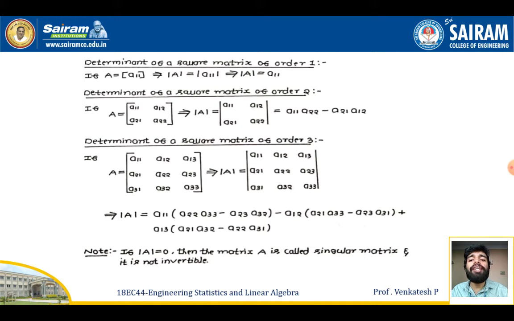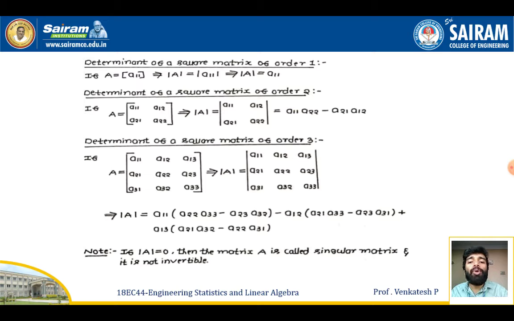Now we will see how to find the determinant of a 1 cross 1 matrix. The matrix order will be 1, I mean the number of rows and the number of columns will be equal to 1. That is, if the matrix A has only one entry, A11, then the determinant of A is given by A11. Next, I'm taking a square matrix of order 2, that is, the number of rows and the number of columns M is equal to N is equal to 2. The example is A is equal to the matrix A11, A12, A21, A22. Then the determinant of this matrix is given by multiplying A11 into A22, minus A12 into A21. So we get the equation like this for the 2 cross 2 matrix.